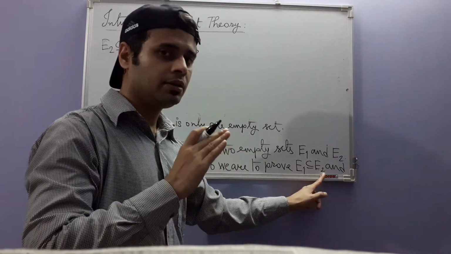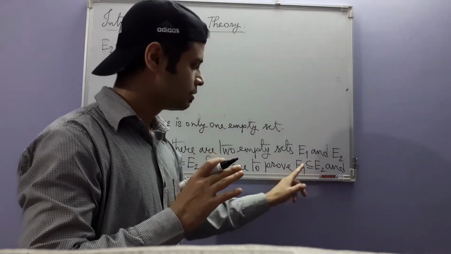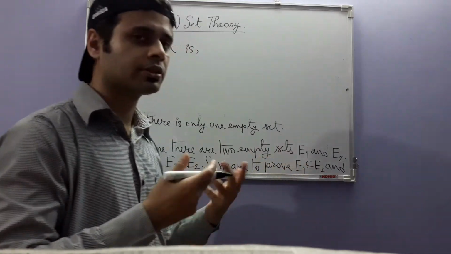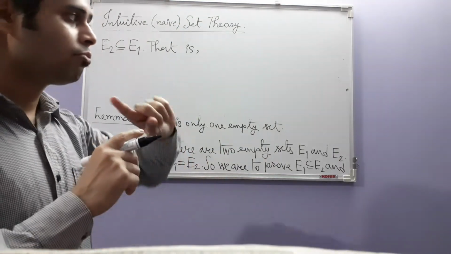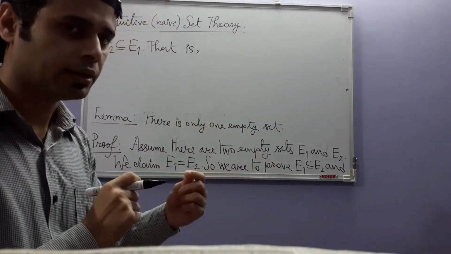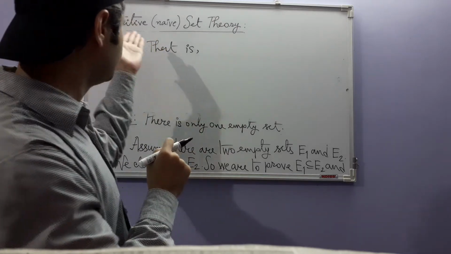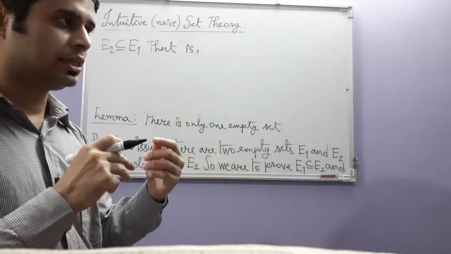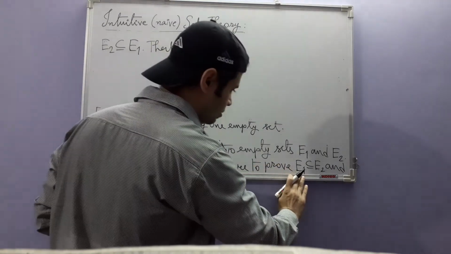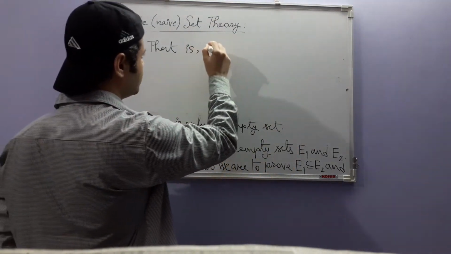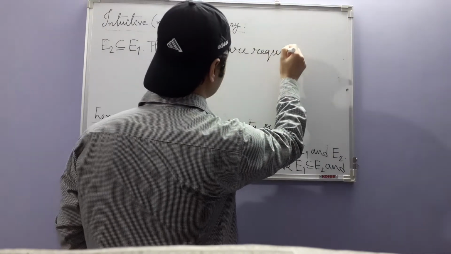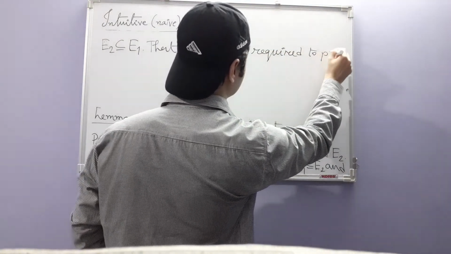Just remember one thing, while doing or thinking of mathematics, you don't try to think of the quantities or the objects in them as you like. Always go back to the definition and see precisely what is said in the definition. Only that has to be applied. Although the name is intuitive set theory, we cannot do just about anything in the name of intuition. So the very definition of subset says that we are required to prove